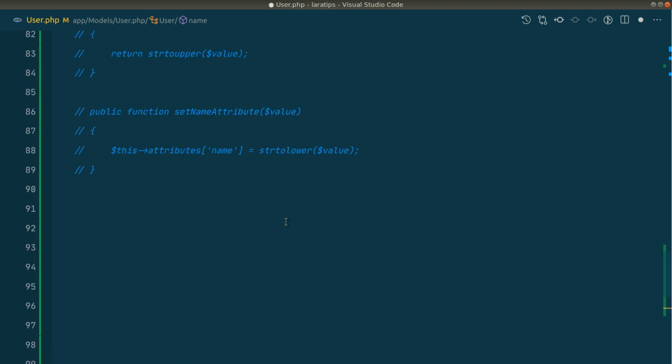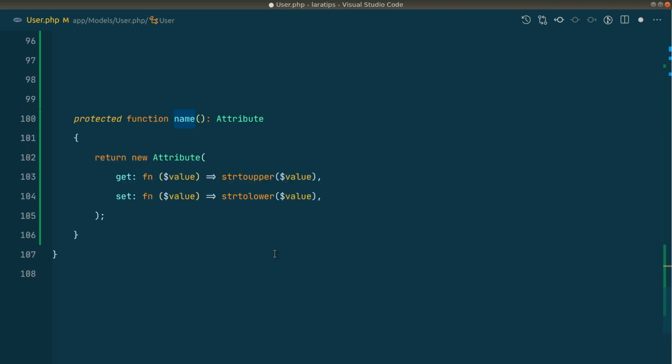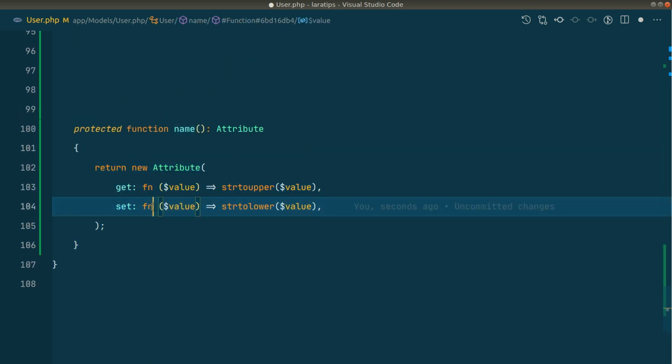But what was the drawback before? Here in the setter, let's say I had written here email, then also it would work. Whenever we were just saving the user, then it would just change everything to lowercase in the email. So that was the disadvantage in the previous method. And also we had to write 2 methods for this, but now we can use a single method, and whenever we set a value, then it will set to this name only.